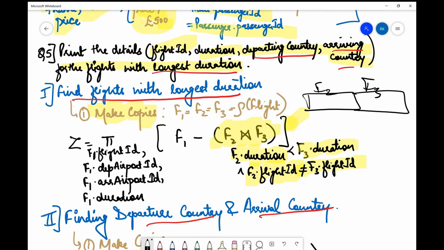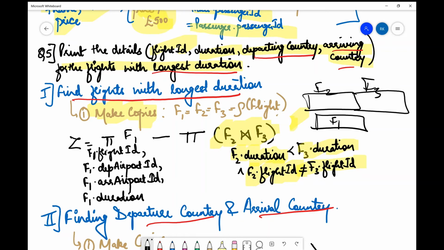But now we can't directly subtract it from F1 because it is only going to comprise this kind of information, F1, right? So what I'll require over here is to project something out of this. So I'll just rectify this. There is a bit of an error over here. So from F1, I'll project these attributes. Minus, over here also I'll project something.